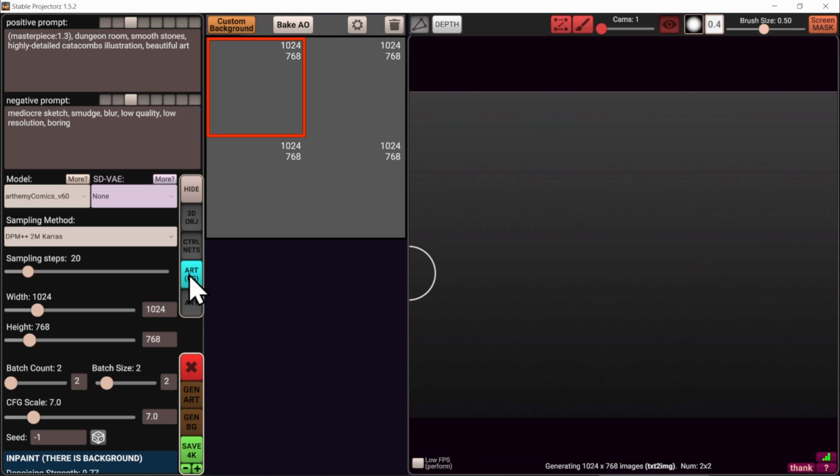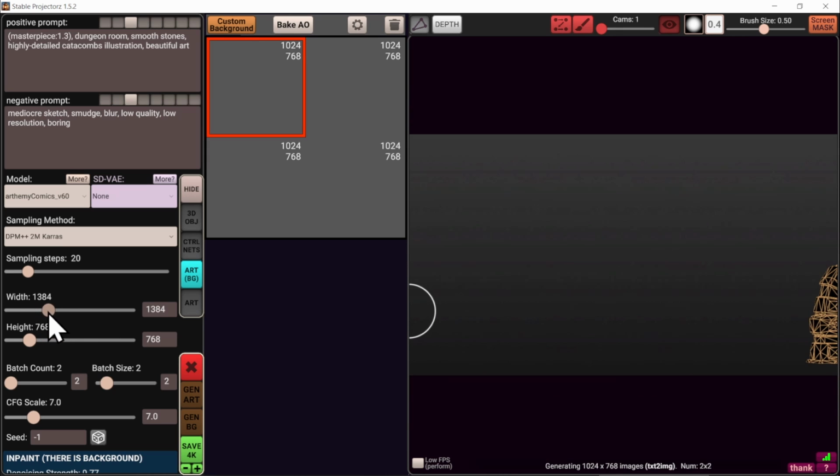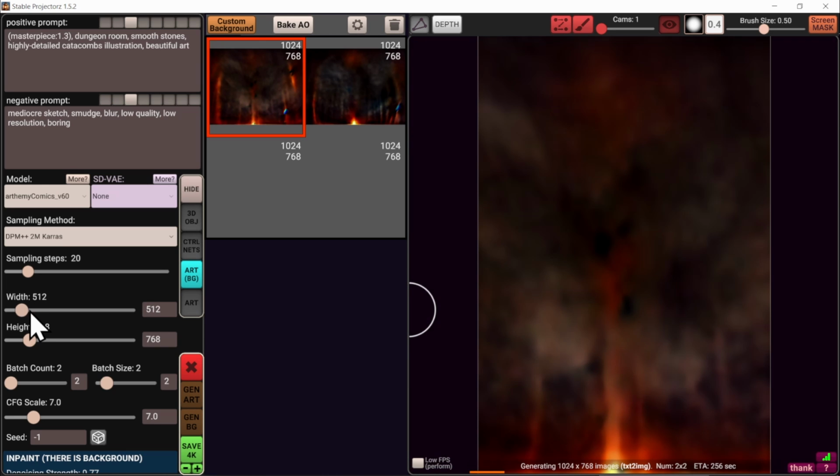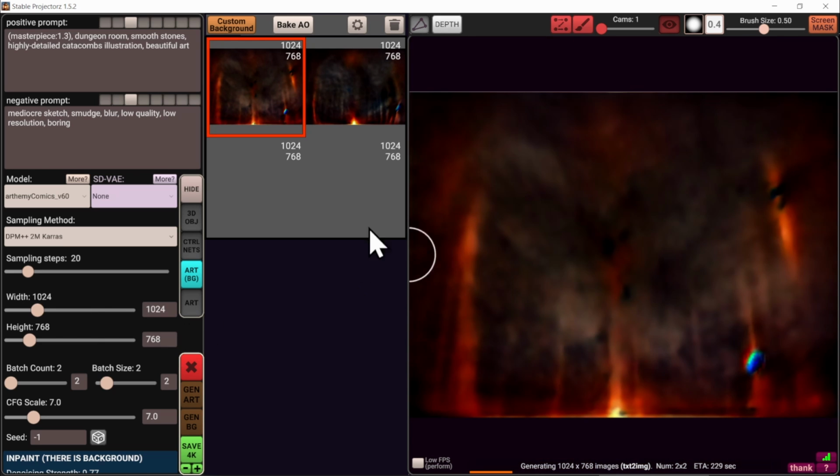And in the Art Background tab, you can see 4 images are being created, which is going to make 2-dimensional images for our background surface. Depending on what sort of aspect you select, for example, a wider one or a more square one, your results will be completely different because they will be using different sectors of your dataset. In my case, 1024 by 768 is going to result in these kind of cinematic images,